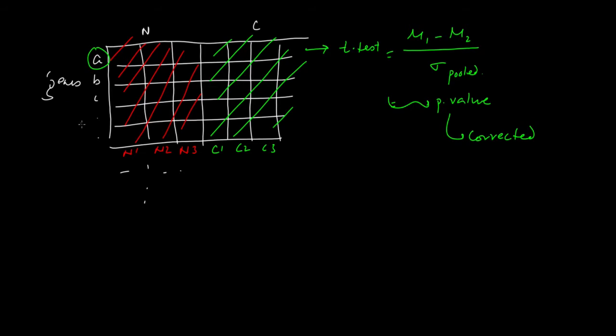So which means that if we get a p-value of 0.04, you might say, oh, this gene is significantly differentially expressed in the two samples. Well, the probability of getting a p-value of 0.04 also increases as you increase the number of tests, right? So if you do multiple testing, your chance of getting a significant p-value also increases. So that has to be taken care of.